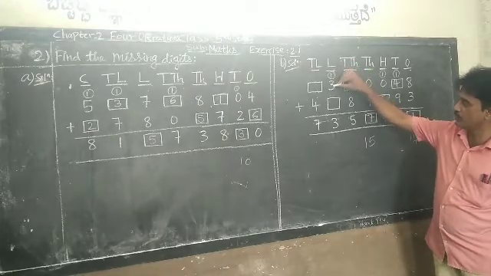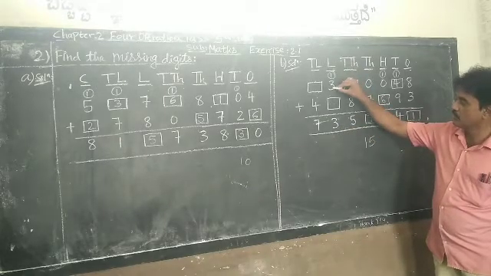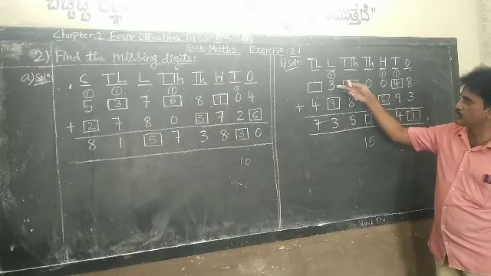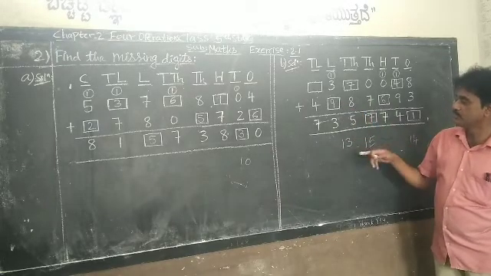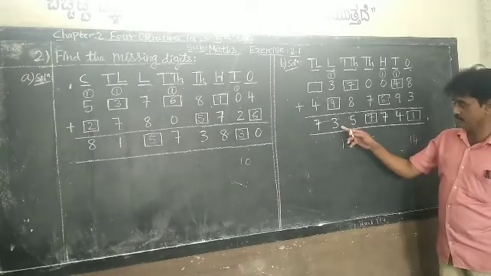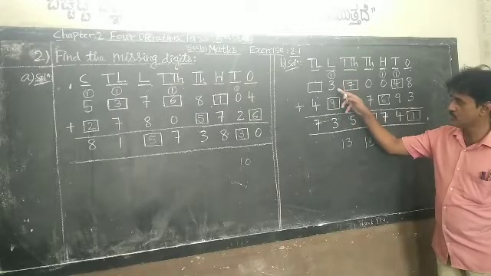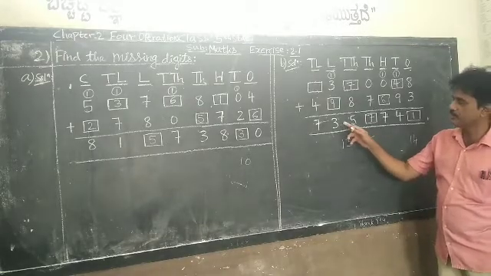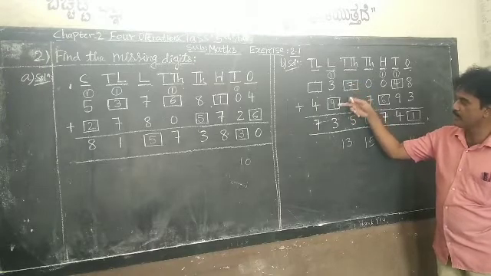1 plus 3, 4. 4 plus dash. Here 3 should come. So 1 plus 3, 4 means if you put 9 here, 4 plus 9, 13. That is why I have put 9 here. To get 3 here, you must put 9. That is what you must remember. If you put 8 here, what happens? 1 plus 3, 4. 4 plus 8, 12 you will get. It will come 2. But they have given 3 here. So 1 plus 3, 4. When you put 9, 4 plus 9, 13.